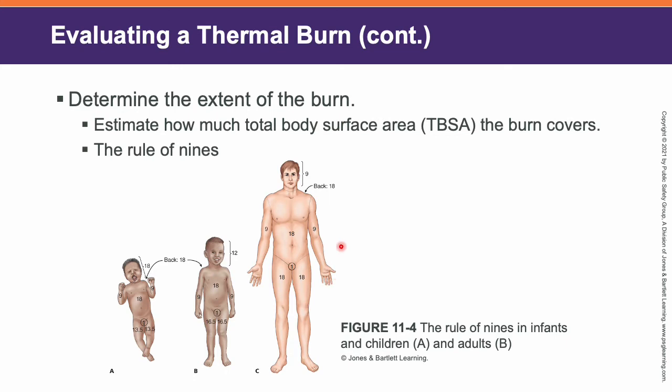With adults, it's really easy because everything is pretty proportionate. Children and infants, it's different because not everything is proportionate, right? Like kids' heads are bigger than their bodies a lot of times, right? It's just not quite proportionate like an adult. But that's one way they keep track of the amount of surface area that gets covered by burns.